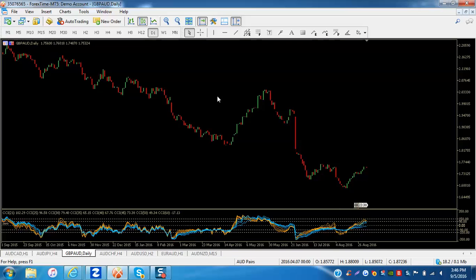Now this is my MT5 account. I do not trade on this account. This is just my MT5 demo account here. And I use it for analysis because it has all the time frames, but I don't trade on this account. My live account, which is an MT4 account, does have all the wicks, and so when I do go to place a trade, I can properly set stop loss levels in particular. Alright, so I can get a better overall view.